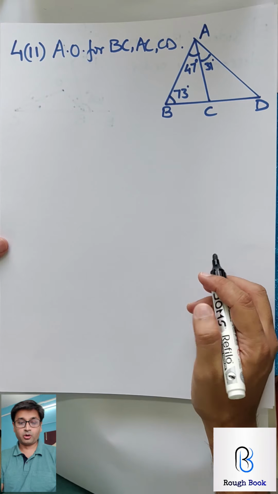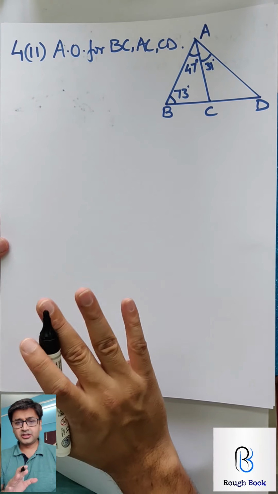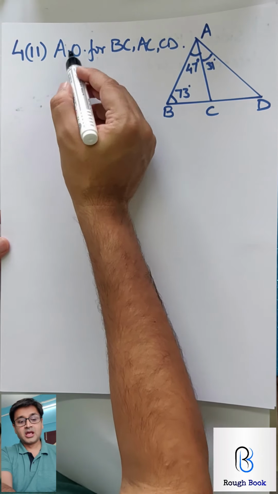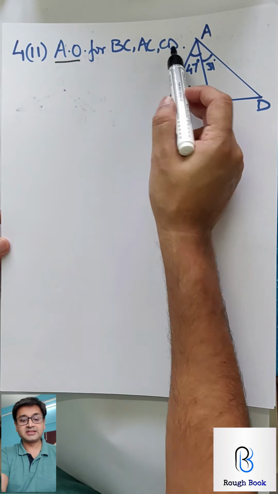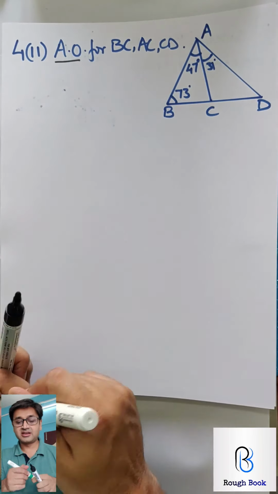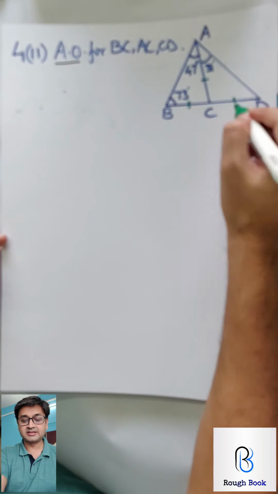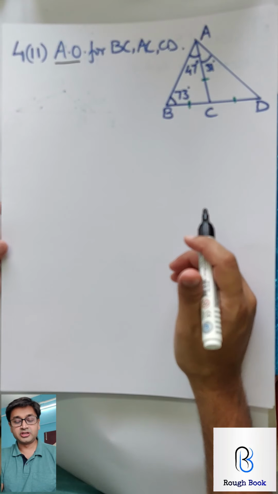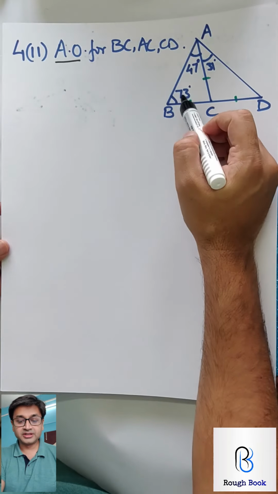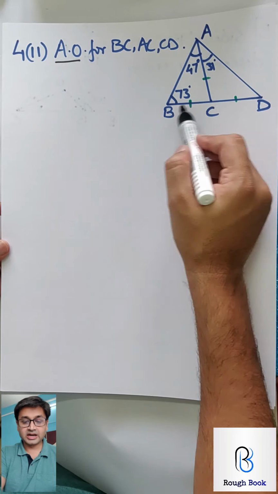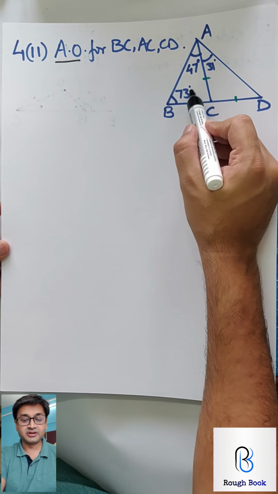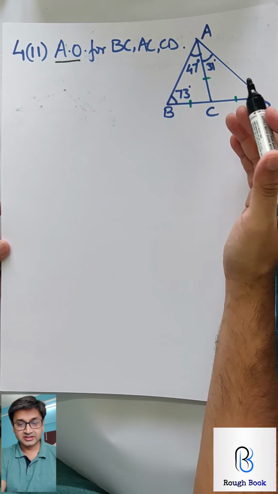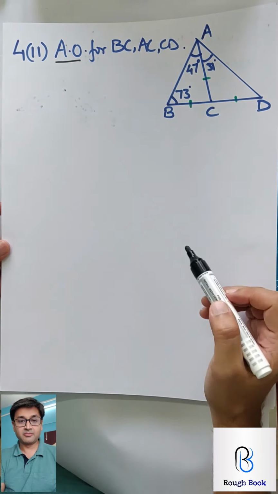So sum number 4. See, basically you're going to target all the angles if you want the sides. Remember that, okay? Ascending order for BC, AC and CD. So what sides are we looking at? BC, AC and CD. These three sides in green. Which is greater, which is smaller is what our target is. And this is 47, this is 73 in triangle ACB. So opposite to 73, which is bigger? So AC becomes bigger than BC, common sense. So at least AC and BC we managed.